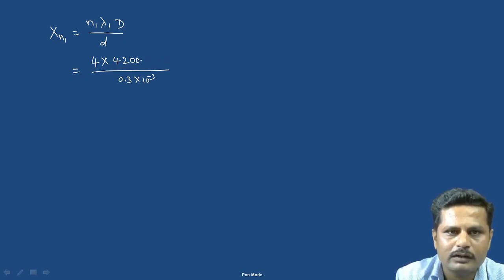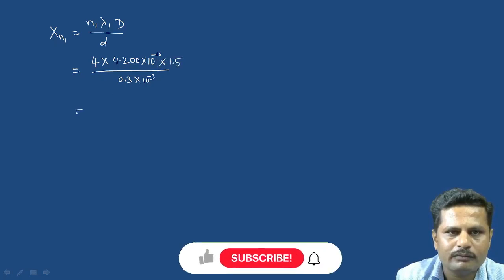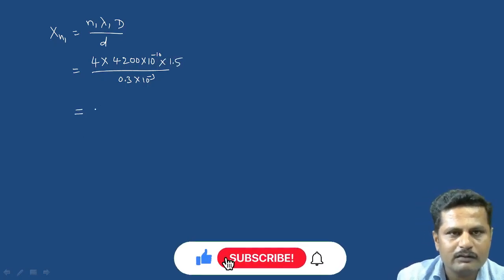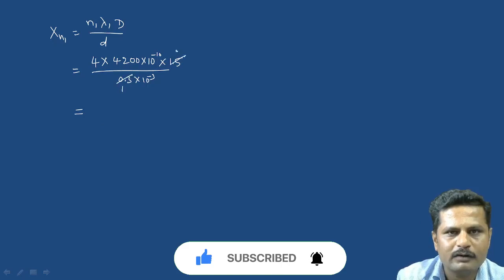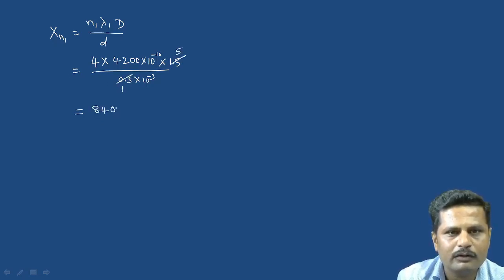So this is equal to 4 into 4200 into 1.5 divided by 0.3, that is 84,000 into 10 raised to minus 7,